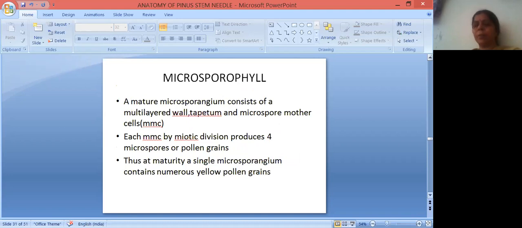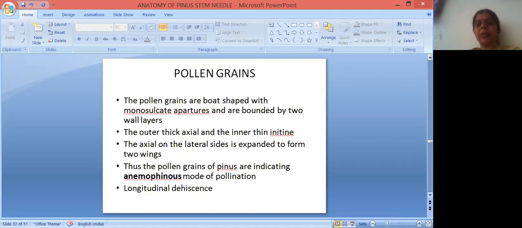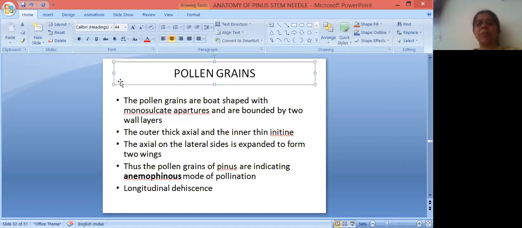Now coming to the microsporangia, when it reaches maturity, it splits longitudinally. If we take an LS or TS of the microsporangia, it shows a tetralocular structure, and each locule consists of multilayered epidermal cells and tapetum, and inner to that a huge number of microspore mother cells are present. So here, if we see the structure of a microsporangium,